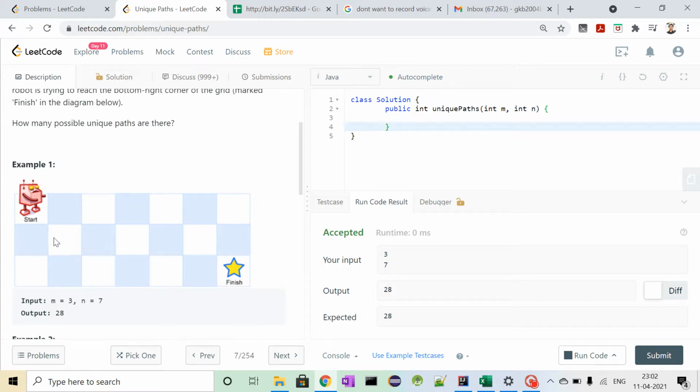The number of unique paths to the block on the left and the number of unique paths to reach the block on the top. The sum of these paths is the number of unique paths to the white block. So it's quite easy. Let's move on to its solution.